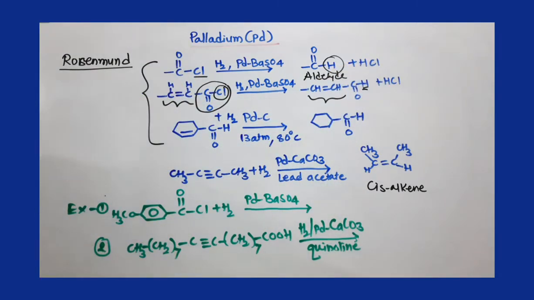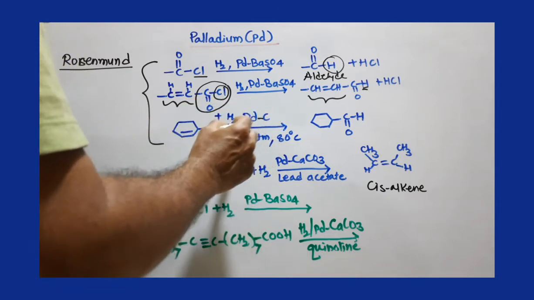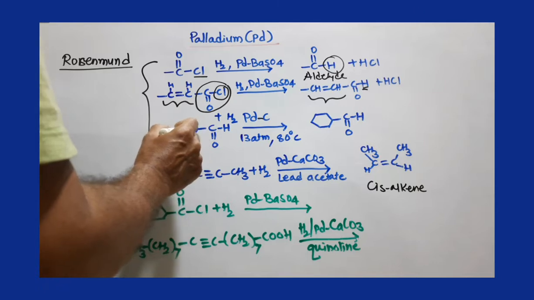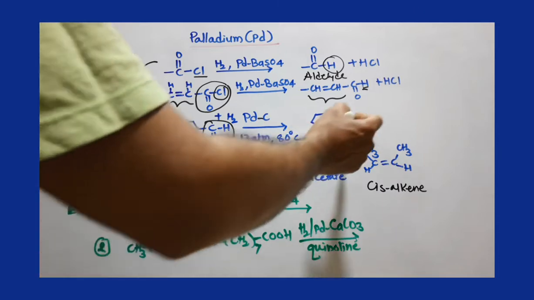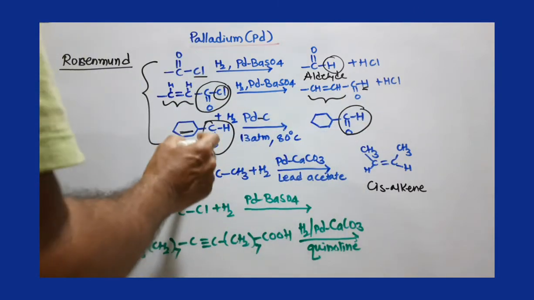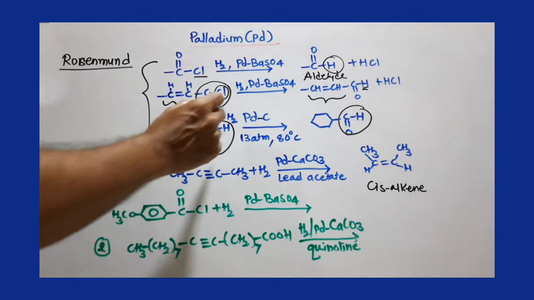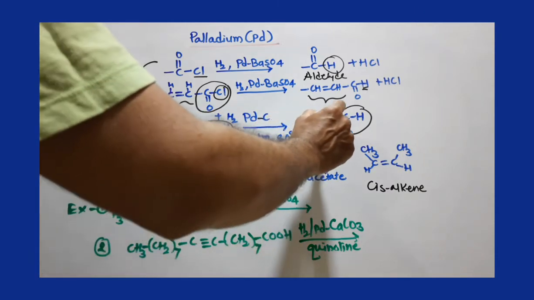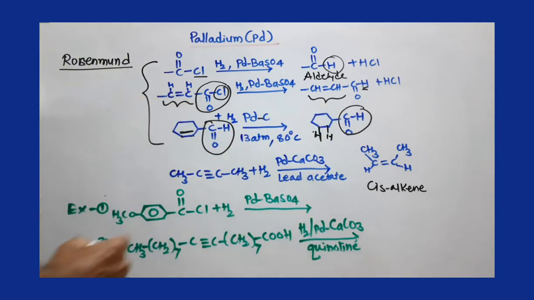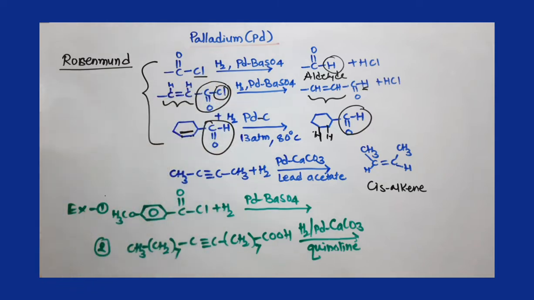So remember, in presence of palladium supported over carbon, this is a very important reaction where the olefinic double bond is selected over the polar aldehydic or carbonyl group. So that carbonyl group remains there as it is. Only the aliphatic, meaning carbon-carbon double bond, is selected for the reduction. So hydrogen is added here and here. That's why that double bond is gone, because two hydrogens are added here. So the olefinic double bond is selected here, but here the acid chloride portion is selected if you are using palladium supported over BaSO4.